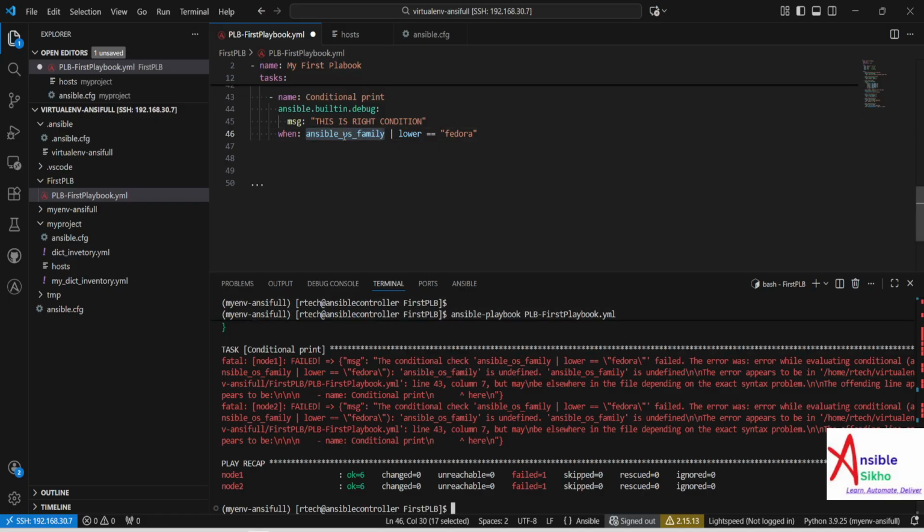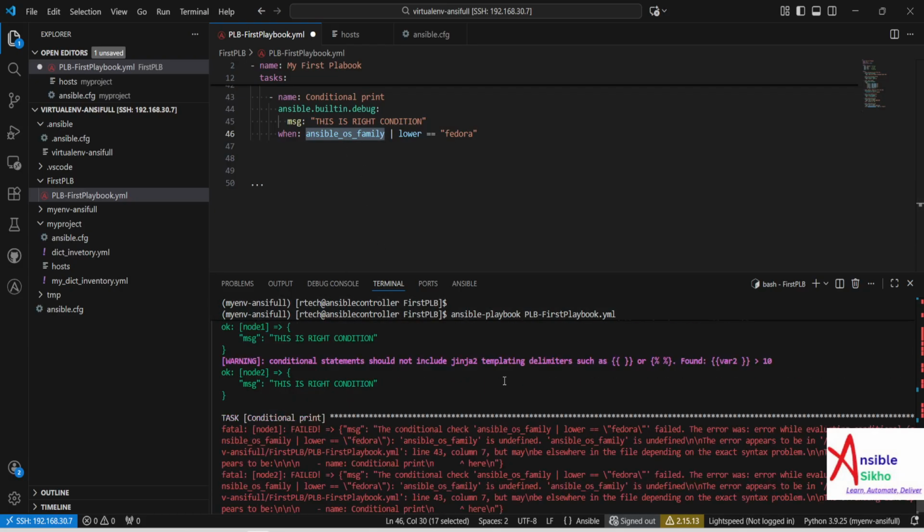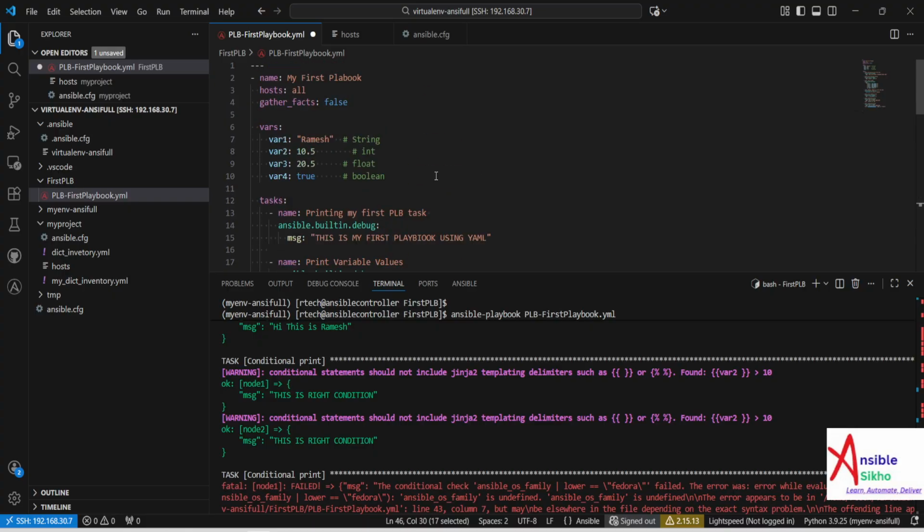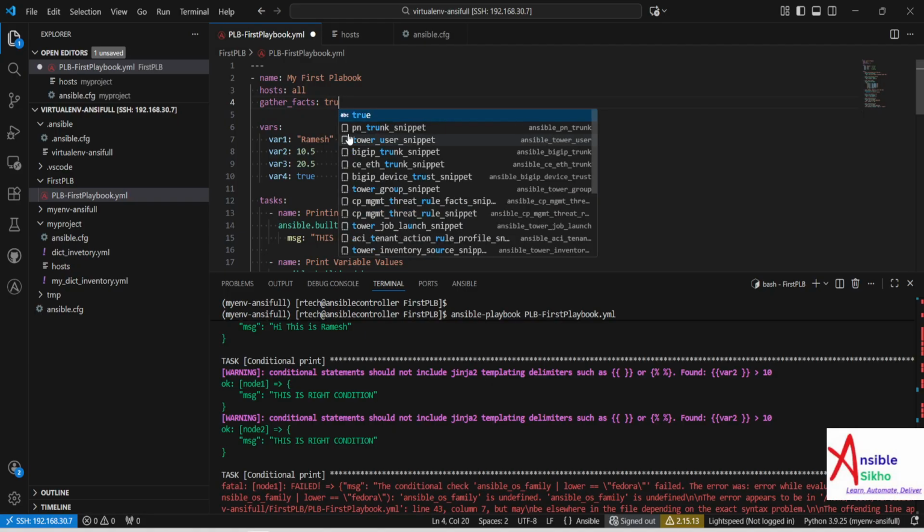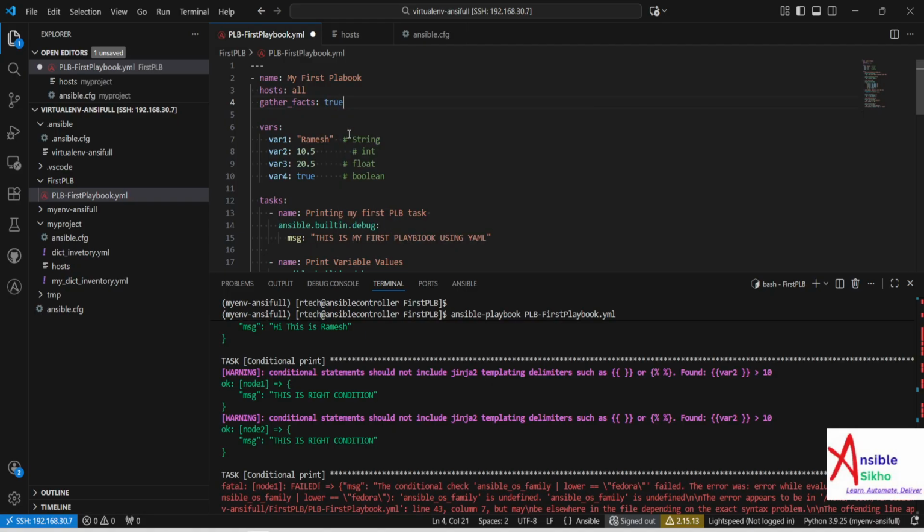This is an inbuilt variable. Here we are putting gather facts as false, so it is not collecting all the data of each target node. So let us make it true,